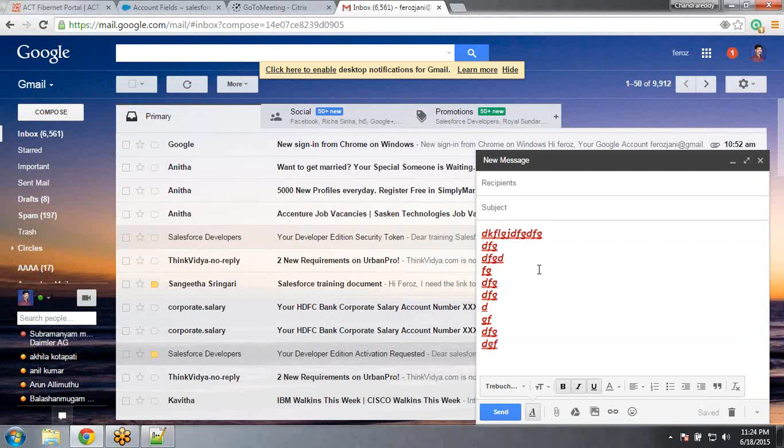When coming to the Gmail application, whenever you are preparing your email content, that email content text box is nothing but a rich text box. Here we can enter multiple lines of information, and along with that we can apply different styles. You can make the content bold, italic, strikethrough, or underline, and you can change the font of that content,